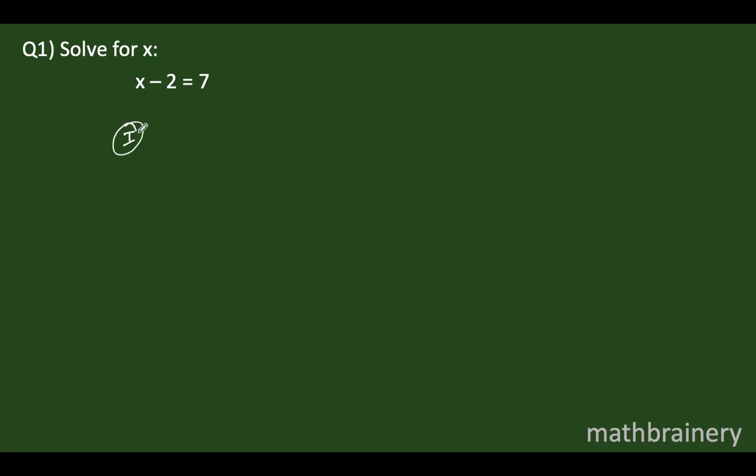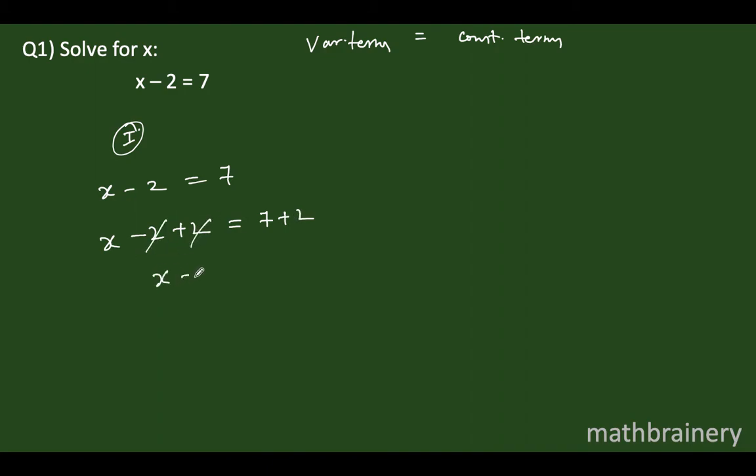Using the first method, that is the method of inverse operations, you have x minus 2 is equal to 7. Now I want variable terms on one side and constant terms on the other side. Let me say I want to keep my variable term on the left hand side only. So I want to remove this constant term here. To remove this, I should be adding plus 2, so that minus 2 and plus 2 will be cancelled. Now when I am adding plus 2 on the LHS, we will do the same thing on the RHS. Minus 2 plus 2 will become 0. So x must be 7 plus 2, which is 9.